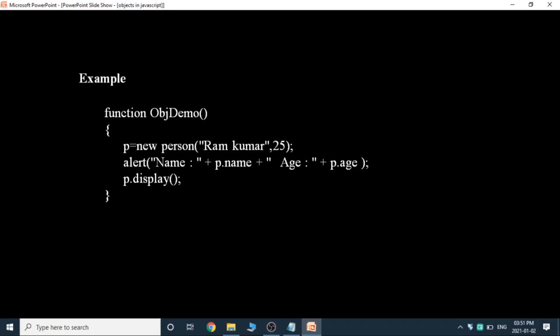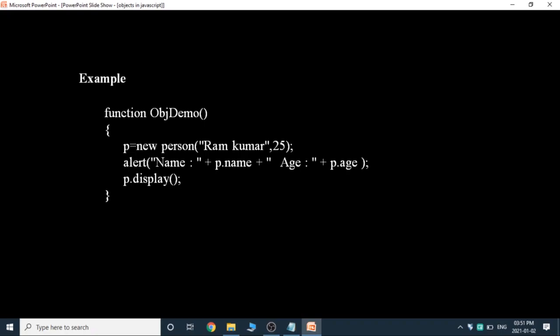Here I am providing two arguments: one is name and the other one is age. Alert message: name equals p.name and age equals p.age. Here a dialog box will appear with name Ramkumar and age 25.